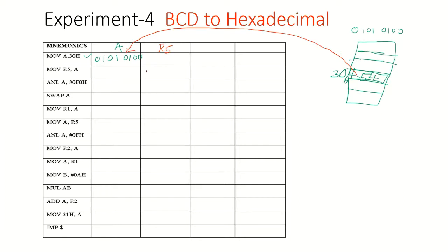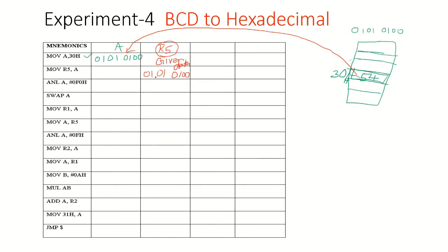By default, if you are not specifying, the R5 register will be in register bank 0, which we have seen already. So R5 will now have 0, 1, 0, 1, 0, 1, 0, 0. This R5 register is used to store the given data, whatever data you want to convert.